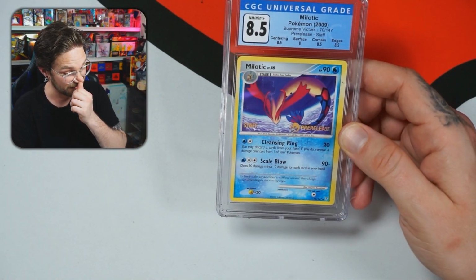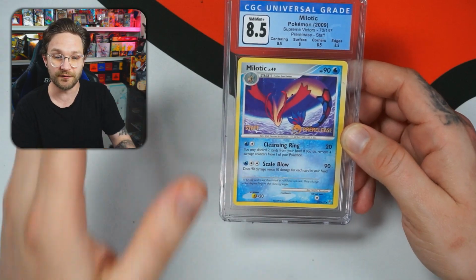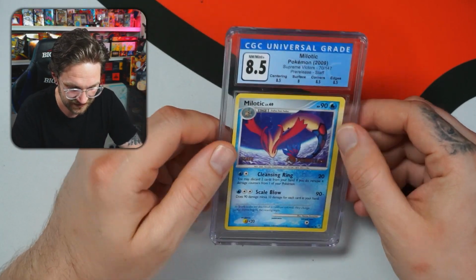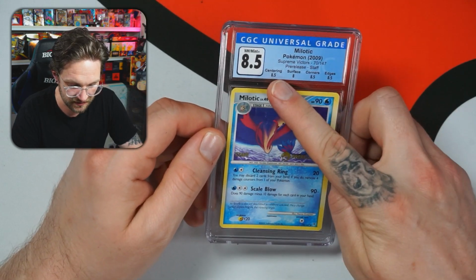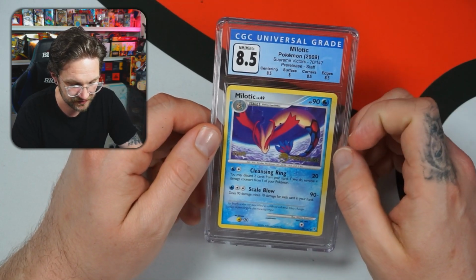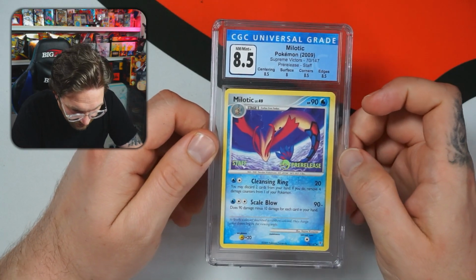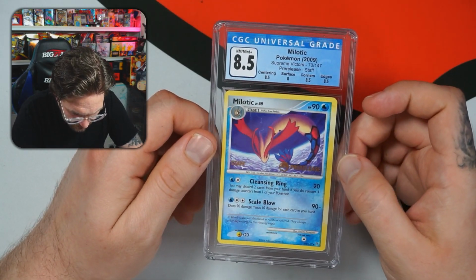Now, I know why we graded this, guys, and that's because it was the only one we had, actually. 8.5 for a melodic staff card. Solid grade. Look at that. 8.5 they gave it for centering. Okay. That's not too bad, actually. The surface got quite a bad score, but